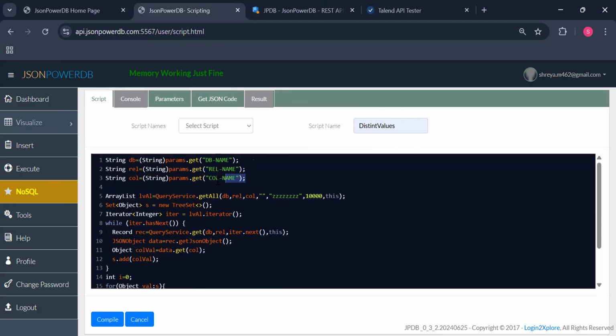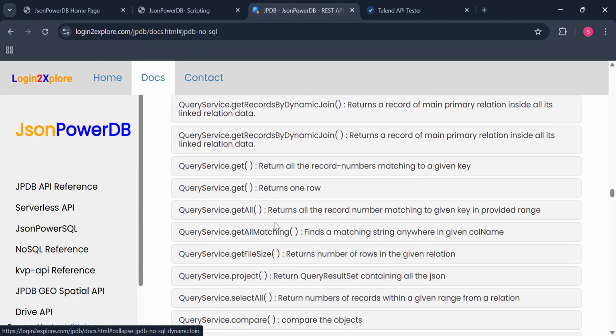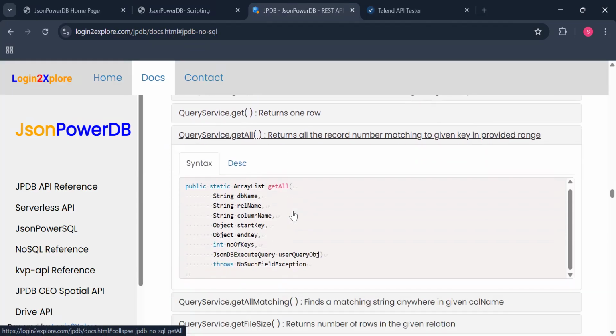You need to fetch the parameters passed to the script. Then we create an array list, and we use this function, query service get all. You can see in help that it returns the record numbers which match a particular range in the data set.